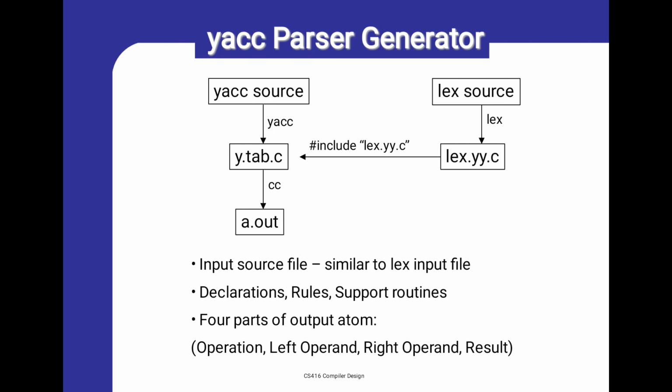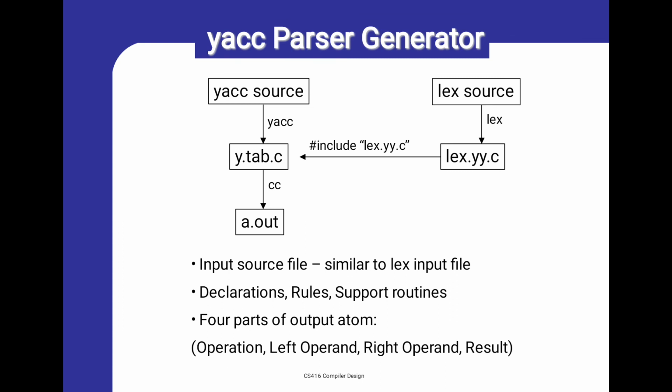First, we write the YACC specification file. Let us name it cat.y. Next, this file is given to the YACC compiler. Then we will get y.tab.c. When y.tab.c is generated, the program is then compiled by the C compiler and generates the executable file a.out. Then you can test the YACC program with the help of some input string. You will get an output here.